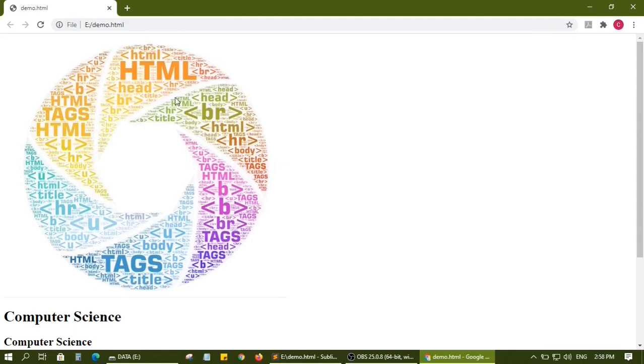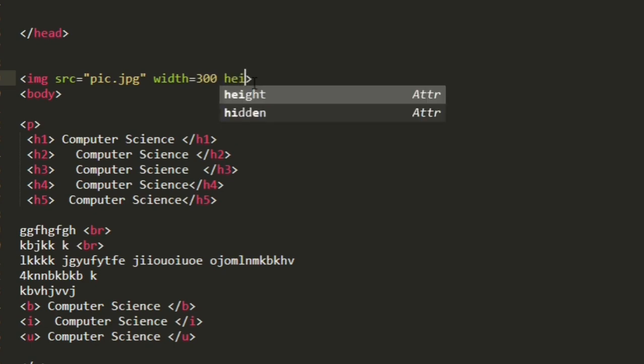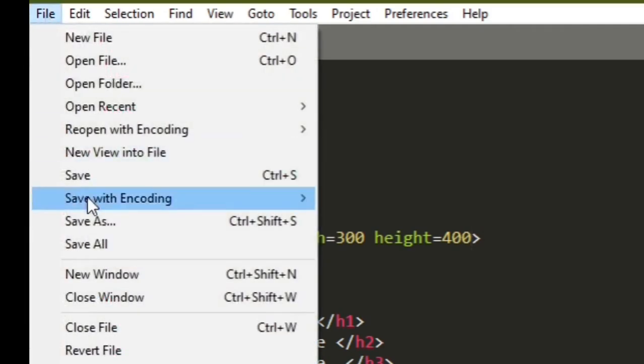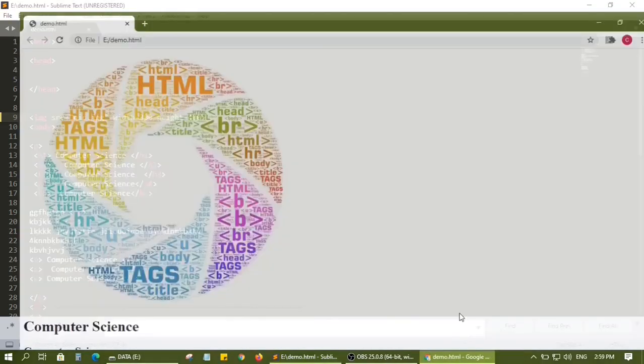So to insert an image with the desired size, you will have to add an attribute which is width equal to, for example, 300 and height equal to 400. Let us save the document and see how the output looks.